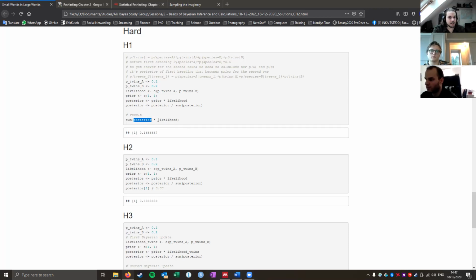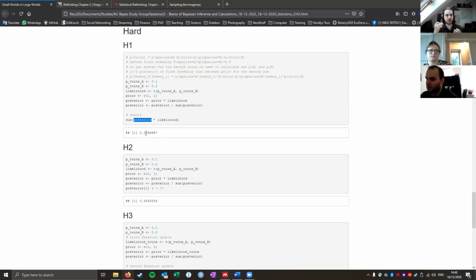And if we just multiply this with the likelihood of that species having twins in the birth, we get the probability that the individual is in species A times 0.1, plus the probability that the individual is in species B times 0.2. We sum that together because we don't know exactly which species it's in, so we need to carry that uncertainty forward. And we then get to a probability of 0.16666 for the next birth also being twins, which is in